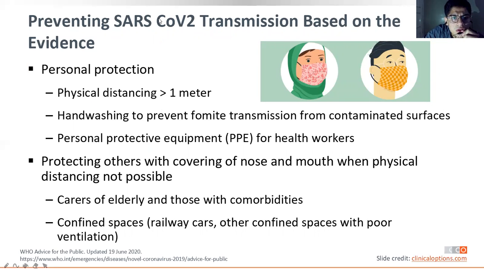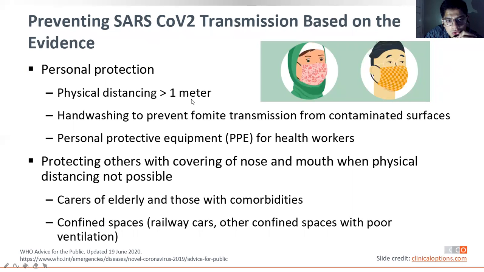And this is preventing self-transmission based on the evidence. These are the evidence, the proof that by following this, we have a very low chance of getting the coronavirus. And for personal protection, if a person wants to protect himself, let him maintain a 1 meter distance from everyone,